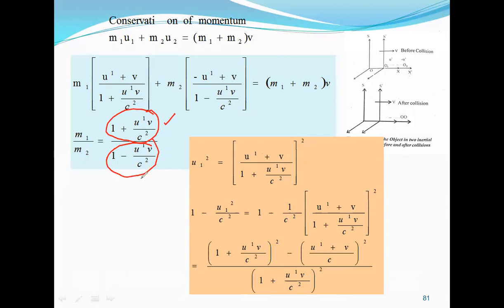But when I do this, what do I have to keep? That's important. Here I'm keeping u1, so for this I have to keep u2. So initially I have to take u2 square is equal to minus u1 plus v by 1 minus